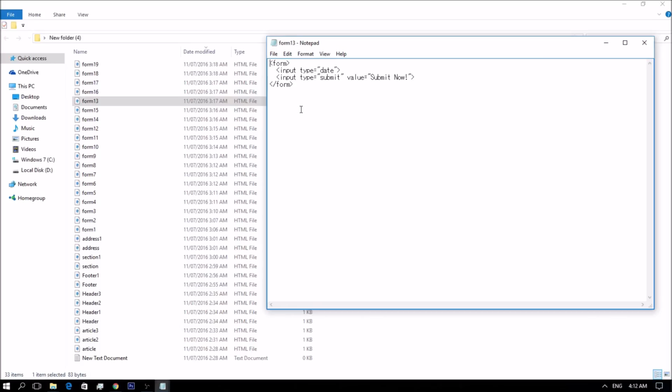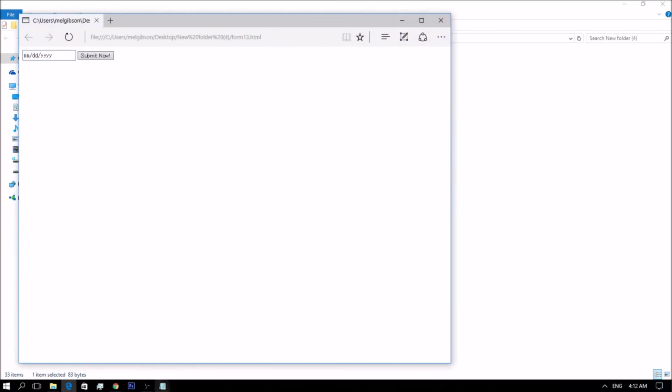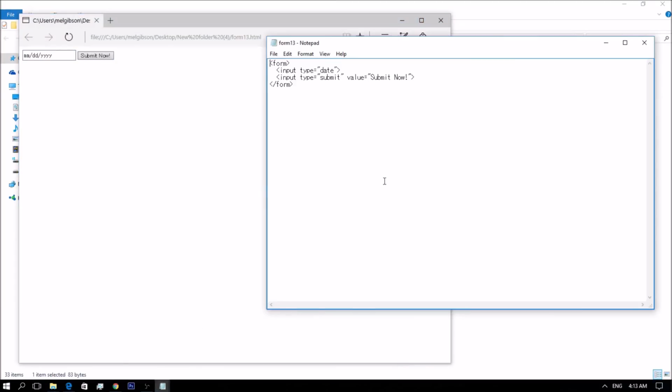This prevents your users from misunderstanding the date format or deliberately picking incorrect or non-existing dates.